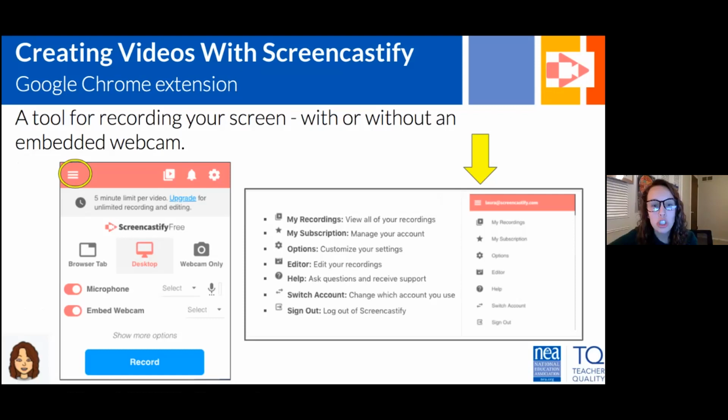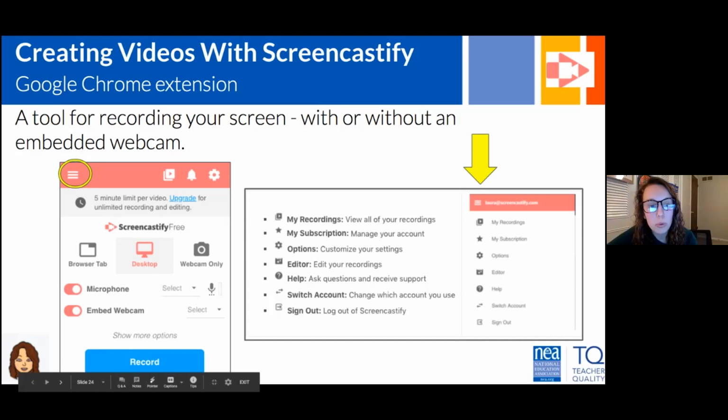And then this is just showing you more of how to record. When you go in those three lines, you can go to your previous recordings. You can view your subscription. You're able to edit your recordings and crop them down if you started kind of fumbly or ended, and you just want to make it a little more concise. I think it's just a really user-friendly tool. And of course, you hit the blue record button, really easy to toggle the microphone on and off, the webcam on and off.